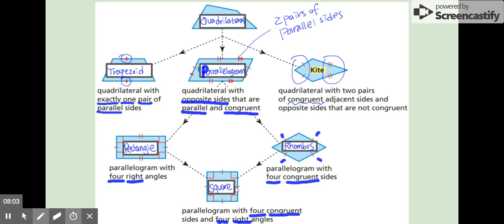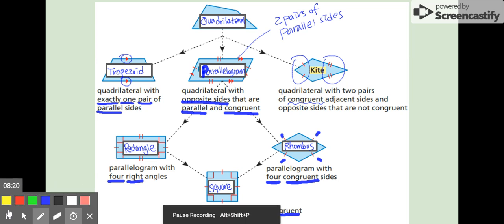I know you learned this for several years, from 3rd and 4th grade, so I'm not going to go over some examples to classify. You really need to remember how many pairs of parallel sides there are and what the name of the shape is. I really need you to remember this. If you don't,